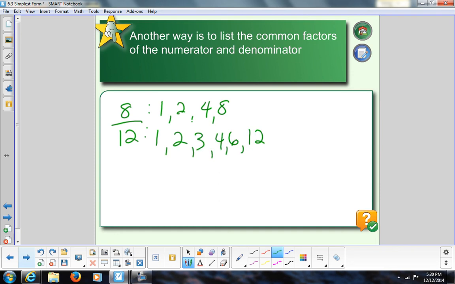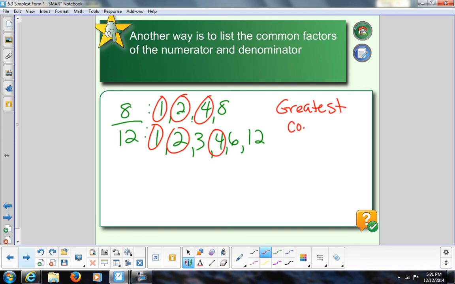All right, so let's circle our common factors. I have 1 is a common factor, obviously. 2 is a common factor, and 4 is a common factor. Now, I'm always going to want to go with the greatest common factor so I can get the smallest fraction. So if I divide 8 and 12 by my greatest common factor, which is 4, I'm going to get my smallest fraction. 8 divided by 4,